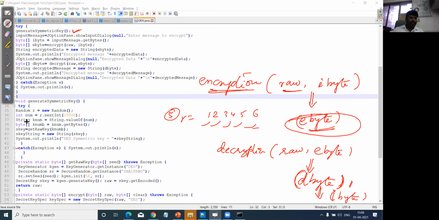Okay, and followed by, string kNum, again it is a variable, in that I'm going to declare String.valueOf(number), whatever element is present in the corresponding position, the corresponding value in terms of the location, and followed by getBytes. So this is the actual information we are going to get, whatever value is stored in the specific locations, and followed by sKey again, which is a symmetric key, I could assume, right?